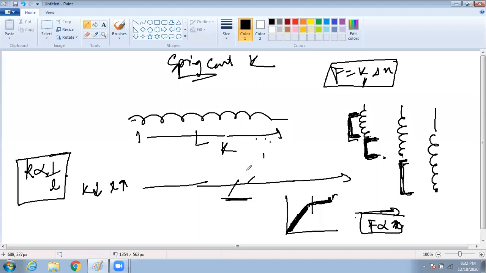Sir, I have a doubt. If the value of K is changing, then why is it a constant, sir? It is constant for a particular length. That's why I told you it's constant for a particular length initially. But if you change the length, like elongation or compression, the length of the spring changes, no, sir? Yes, obviously.